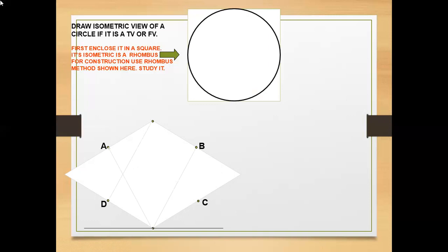From this A and from this B, you have to draw a line connecting to the opposite corner. Likewise from D and C, you have to draw a straight line connected to the opposite corner like this. Then place a compass at this point, measure D or A, and draw an arc. And also on the opposite side, place the compass at that point, measure B and C, and draw an arc.